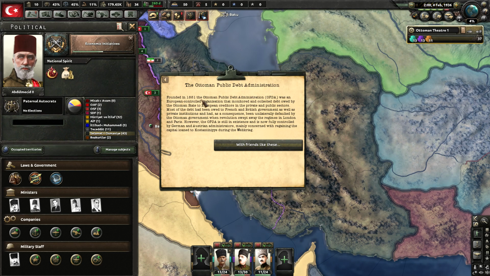Founded in 1881, the Ottoman Public Debt Administration, OPDA, was a European-controlled organization that monitored and collected debt owed by the Ottoman state to European creditors. In the private and public sectors, most of the debt had been owed to French and British government as well as private institutions and had, as a consequence, been unilaterally defaulted by the Ottoman government when revolution swept away the regime in London and Paris. However, the OPDA is still in existence and is now fully controlled by German and Austrian administrators, mainly concerned with regaining the capital loan to